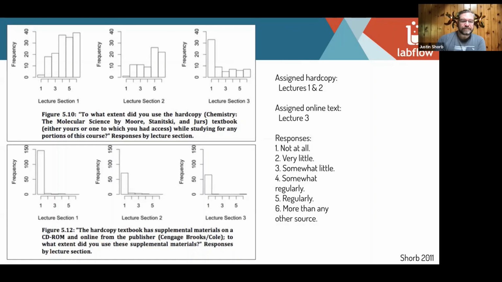Now, here's something that's pretty interesting about textbooks. I told you earlier that we do a lot of things to try to fit current technology into the old system of sections, units, and chapters. Hard copy textbooks tend to just include a CD-ROM or an online supplement that people can go to outside of the textbook for supplemental work.